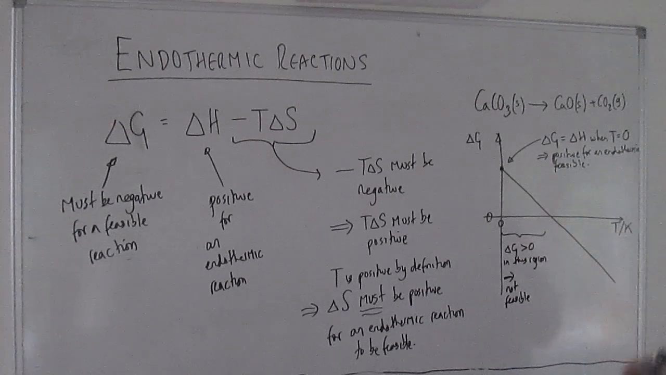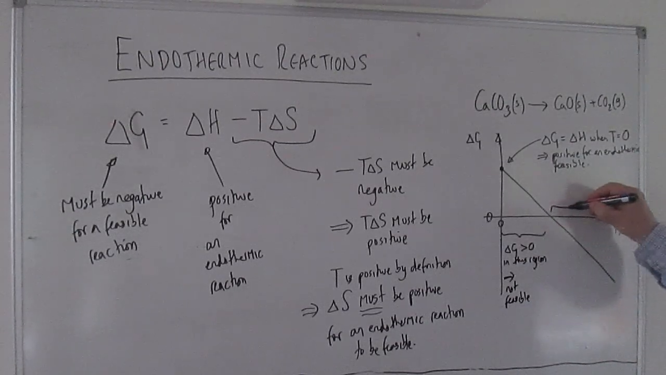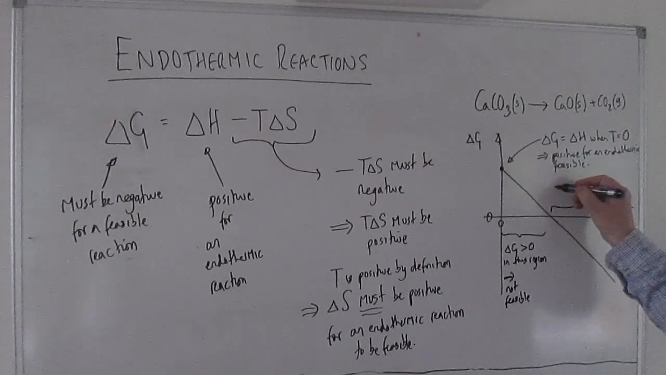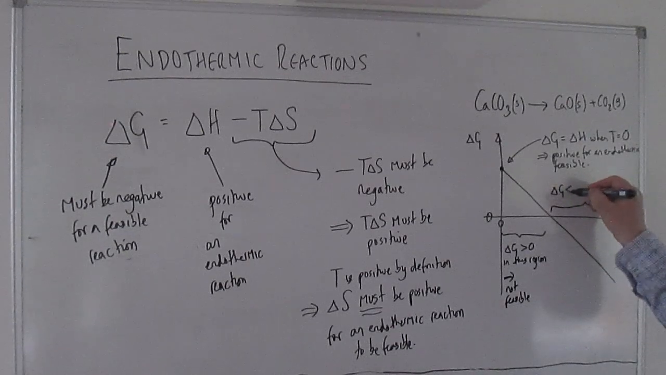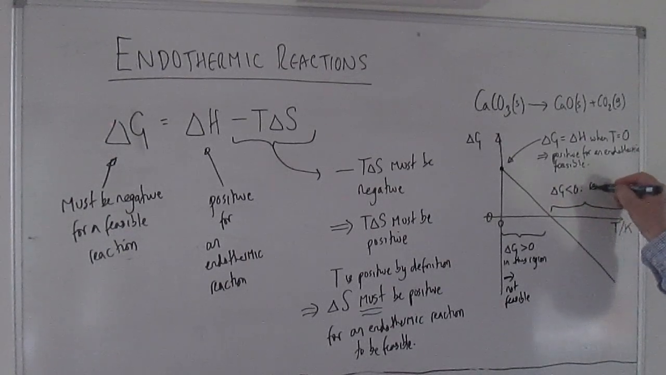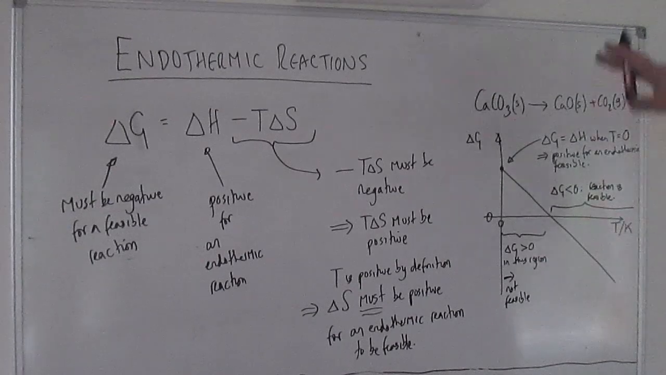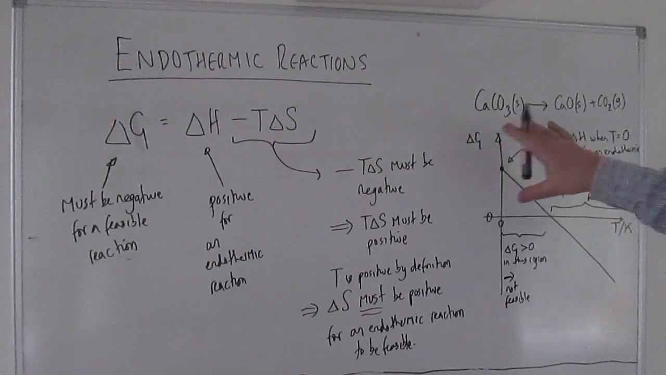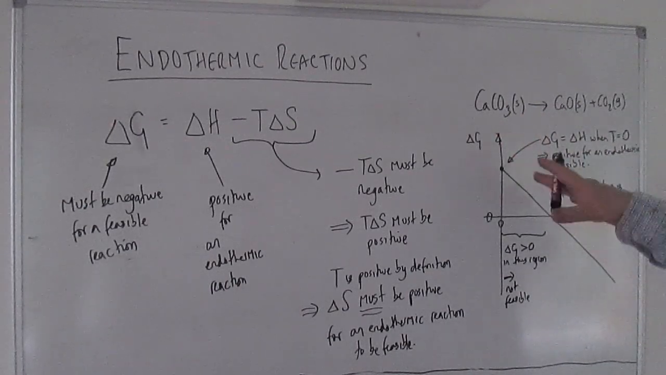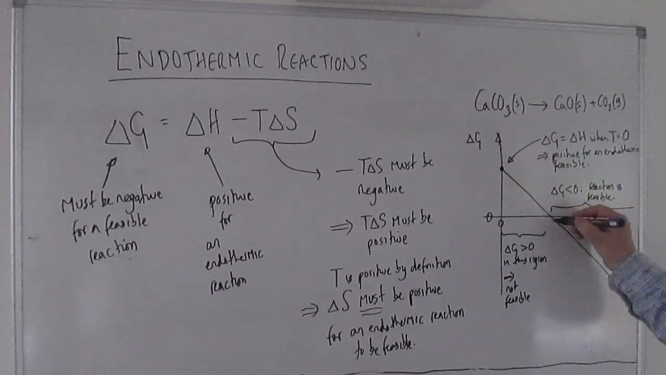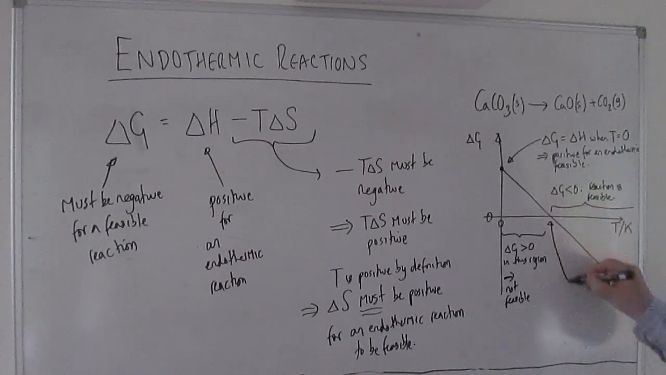But above this critical temperature, we get that delta G is less than 0, so the reaction is now feasible. So this kind of graph is quite important for showing why an endothermic reaction only becomes feasible above a certain critical temperature. So if we call that temperature T min,